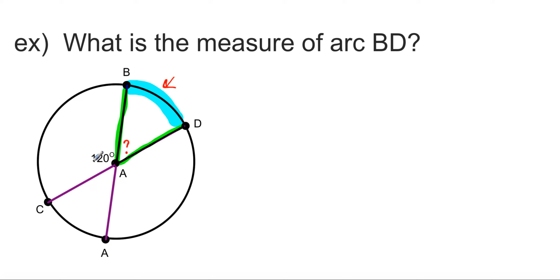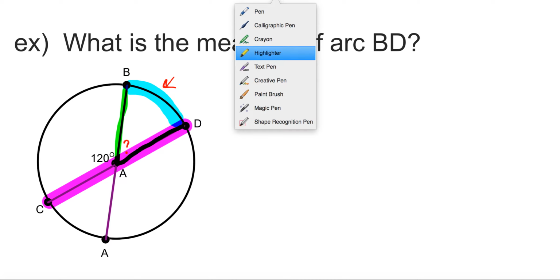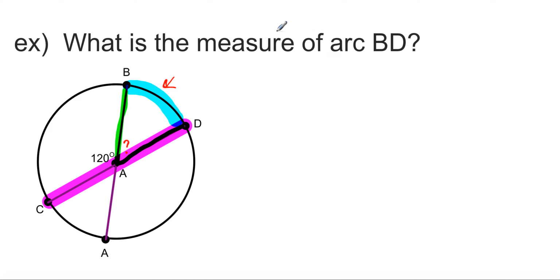That's not the angle we need. However, because CD is the diameter, we know that those two angles are supplementary. So we're using some prior information here. We talked about supplementary angles in a previous video. So 180 minus 120 makes that 60. So this angle is 60. So then the arc BD is also